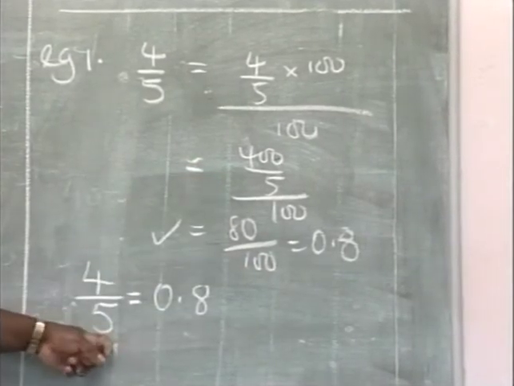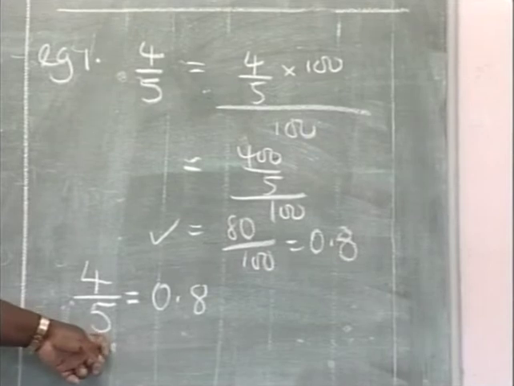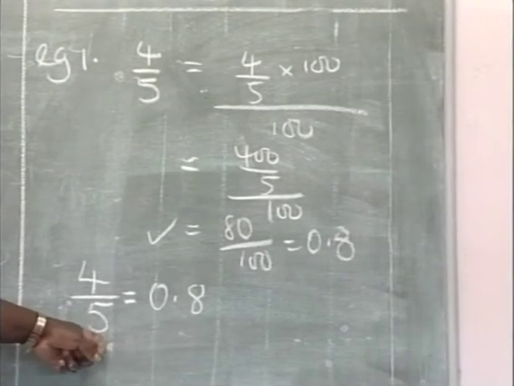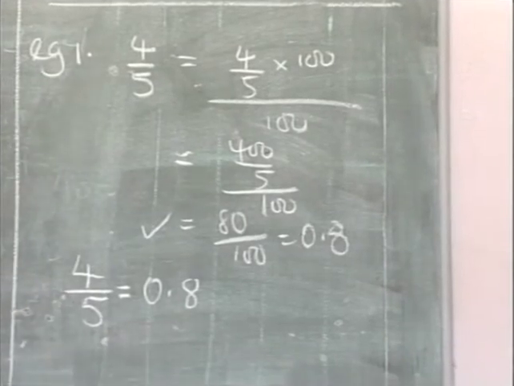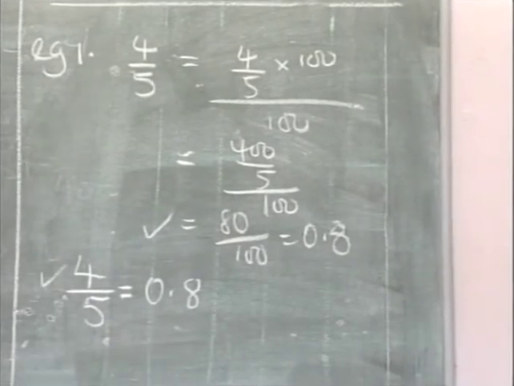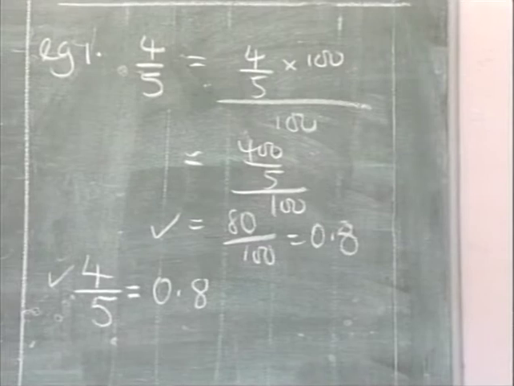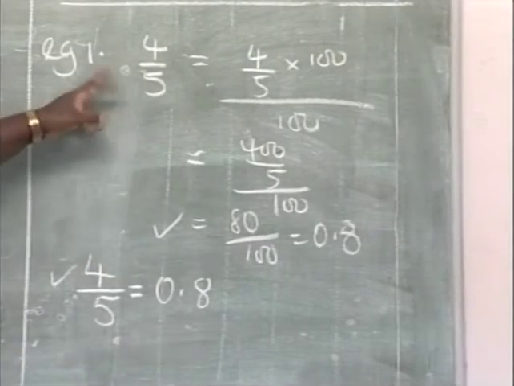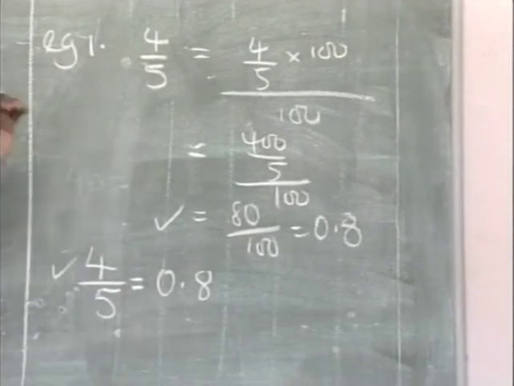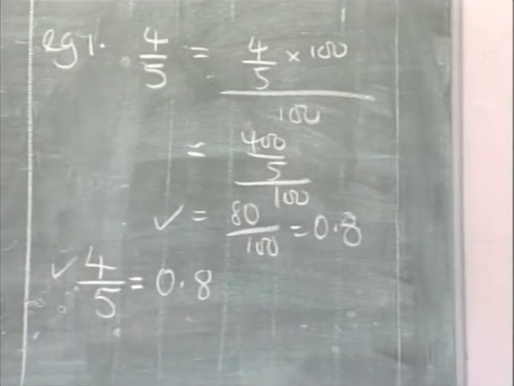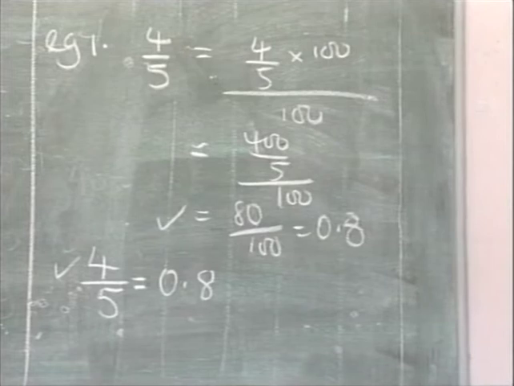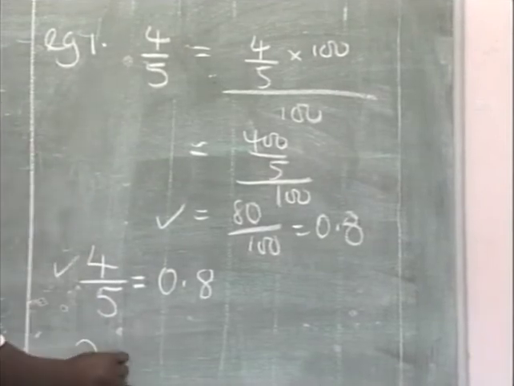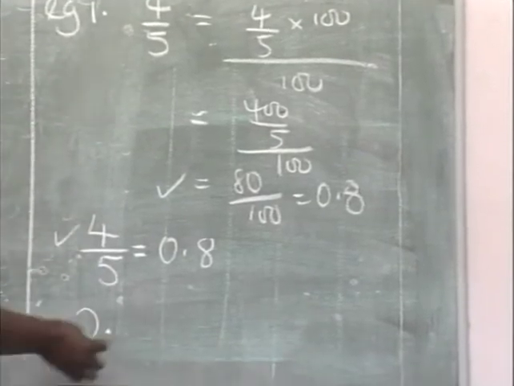This one is okay if you are very fast at using long division. If you are able to do this quickly, then you will get the answer quickly as well. So 0.8 is the answer to 4/5. You can either do this or just divide the numerator by the denominator. Okay, if I wanted to change the other way around, I wanted to change